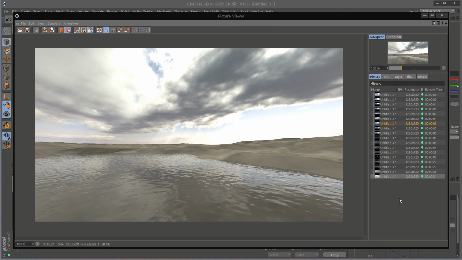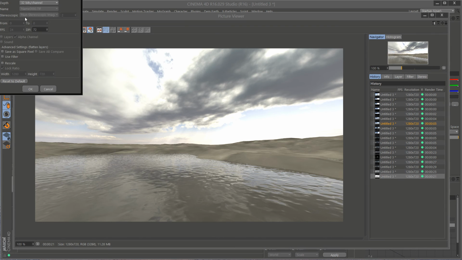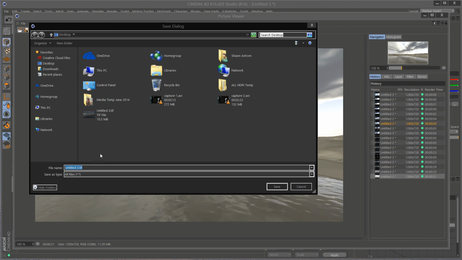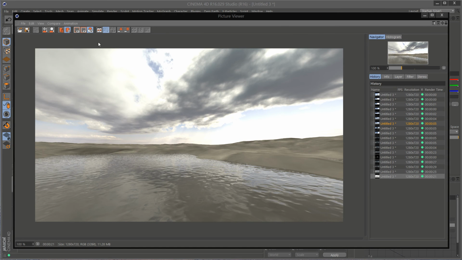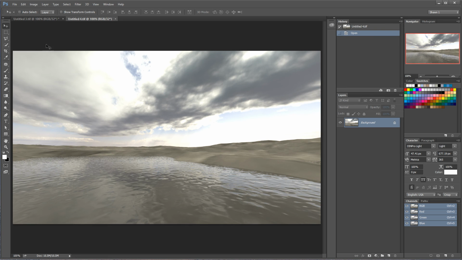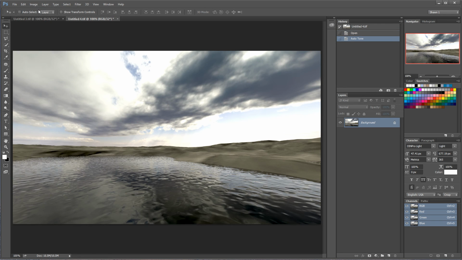well, let's take a look here. 21 seconds to render at HD. Now remember, this is full global illumination and all of the good stuff. So I'll just save this down real quick. Let's open it in Photoshop. Now again, I'm going to get real creative here. Auto tone, auto color,